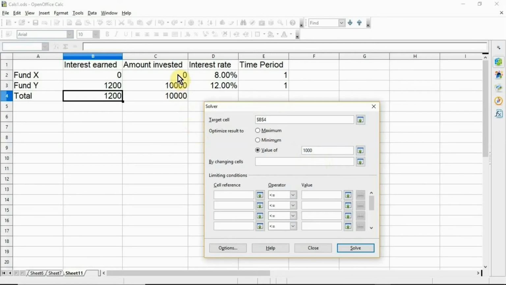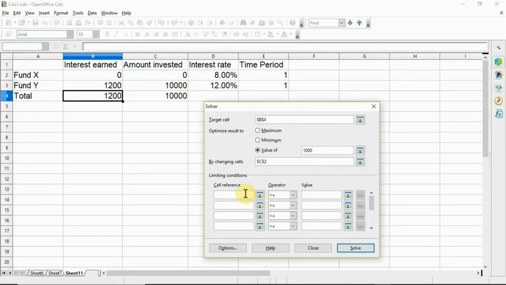In this example, you need to find the amount invested in fund X. Select the C2 cell. Enter the condition for the variable by selecting the cell reference.